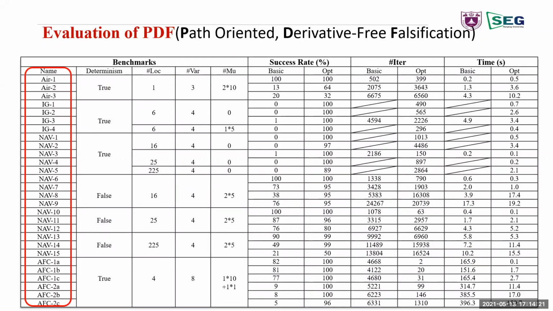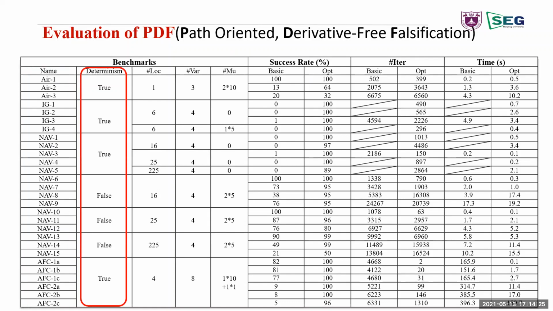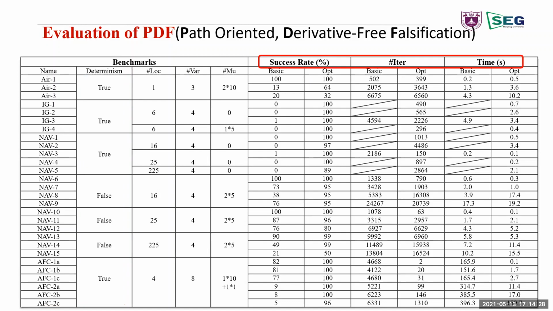PDF was tested over 28 widely used benchmarks for HA falsification, including deterministic ones and non-deterministic ones. We evaluated the success rates, simulation, iteration usage, and the time usage of PDF on these benchmarks. PDF was run without and with pruning techniques in the basic version and the optimized version. We can see that PDF generated witness example for all the 28 cases successfully, and in 24 of them has